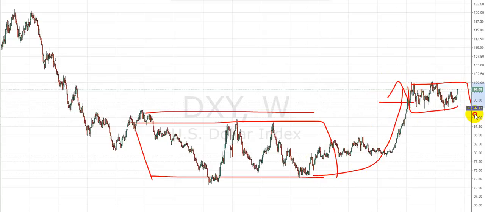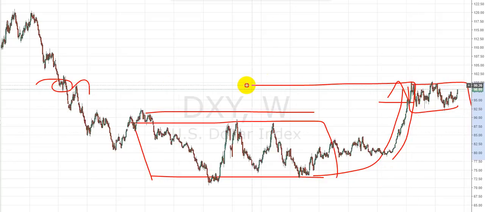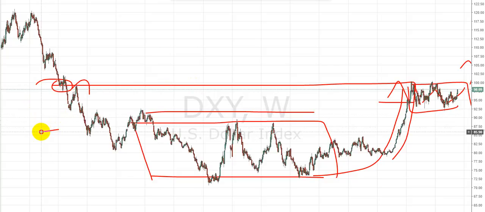We have this kind of consolidation here, and what is important, this kind of supply which has been tested already here. So one more time we hit the supply, we have only a tight pullback, and really I do expect a rally, as we described before, towards 106, 107, 108, 110. Okay,